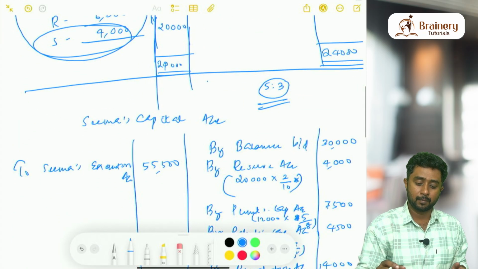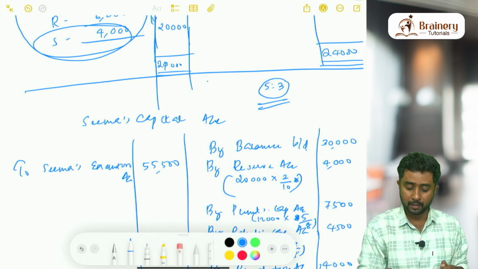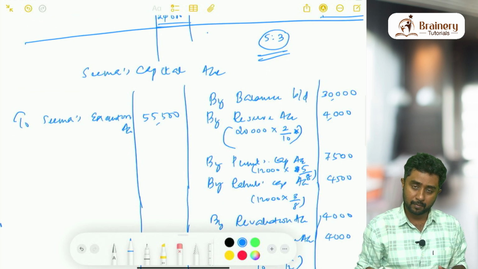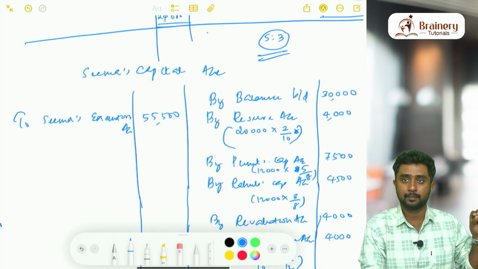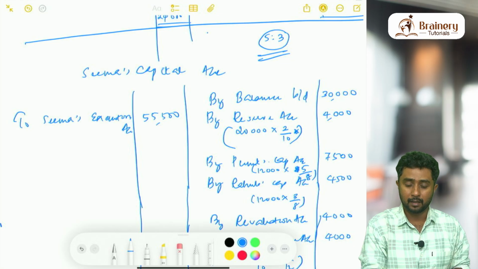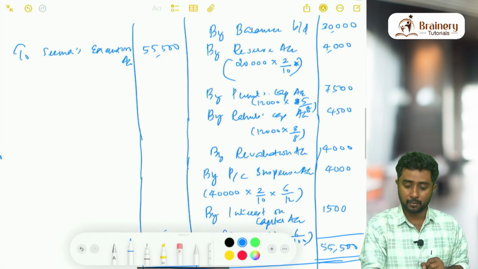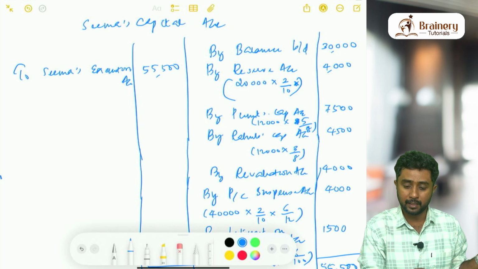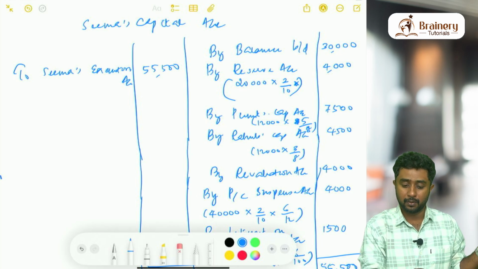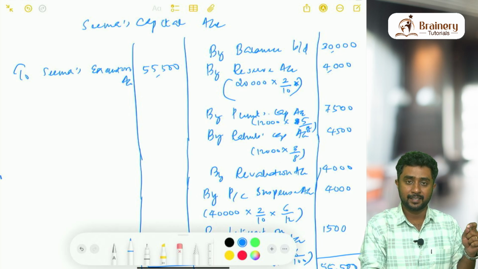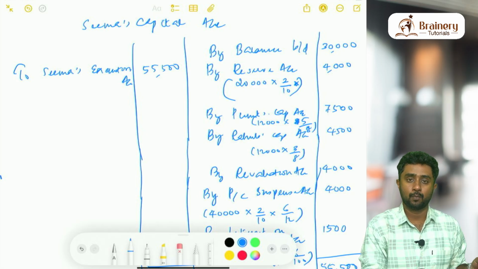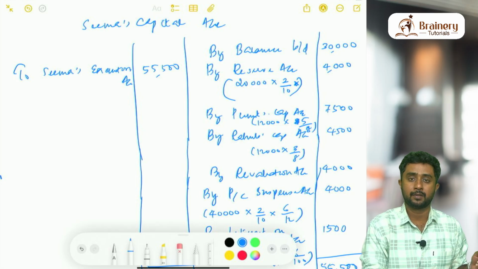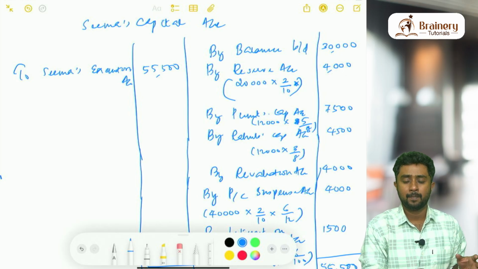Next thing that you have to remember is CMAS capital account. When you are preparing CMAS capital account, we have to think about the amount that is paid or payable to CMA alone. So in that, first we started with the opening balance. Opening balance was already given in the balance sheet. We took that. Then next we thought about the existing amounts in the balance sheet. Existing amounts means reserves, accumulated profits, accumulated losses, advertisement suspense account.